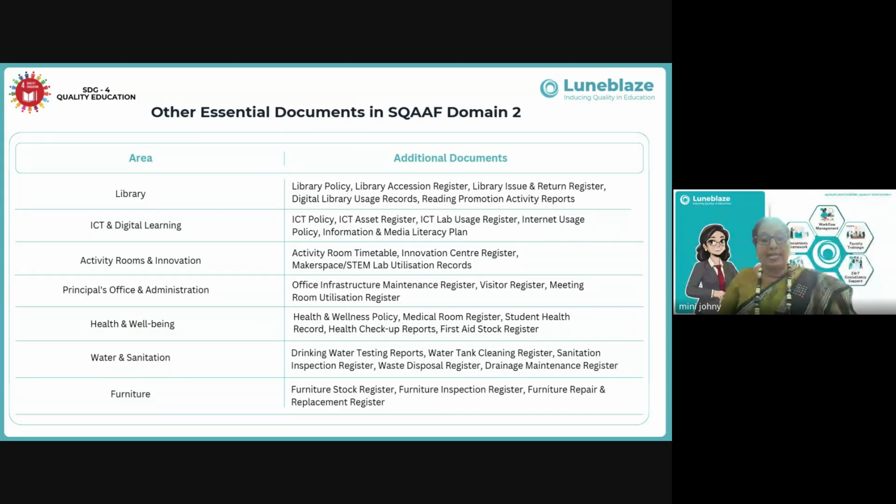And the sanitation inspection register. As stakeholders, we have to go into the washrooms and restrooms of the children and find out where they are disposing things. Waste disposal register, drainage maintenance register,